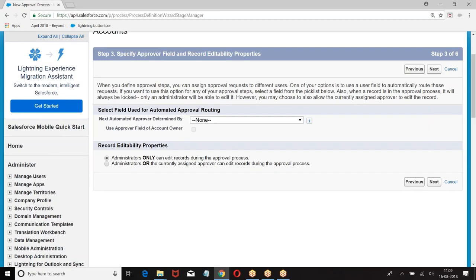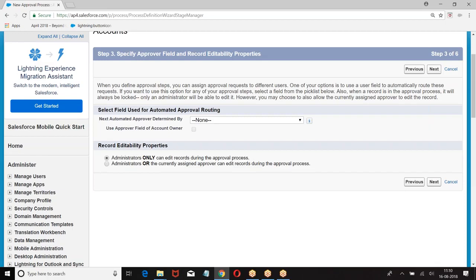What do you want to do? You want to automate the process. So what do you mean by automate? You want the approver to be automated. Now, hierarchical field. Your manager is what? Hierarchical field. Your reporting manager is what? Hierarchical field. Your HR manager is what? Hierarchical field. Now, you want to choose any one of the hierarchical fields as your automated approver. So whomever the user has selected as a manager, the record should be approved by him.